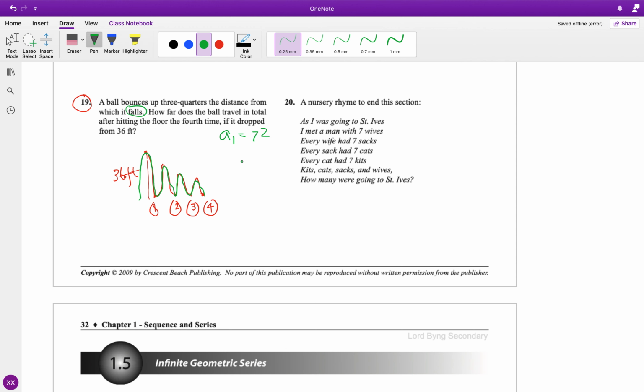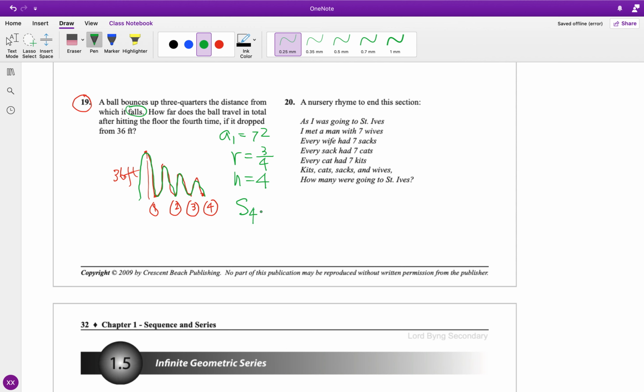And then what is my R? My R shrinks by 3/4, right? And how many of these are there in total? There's 4, so n equals 4. Okay, now follow the formula. The total, S4, now equals